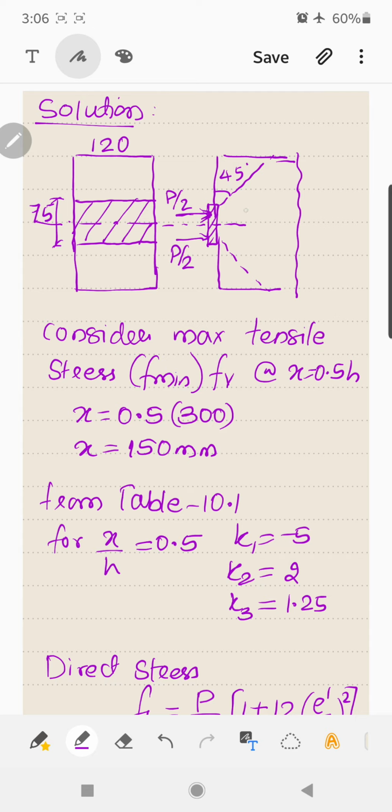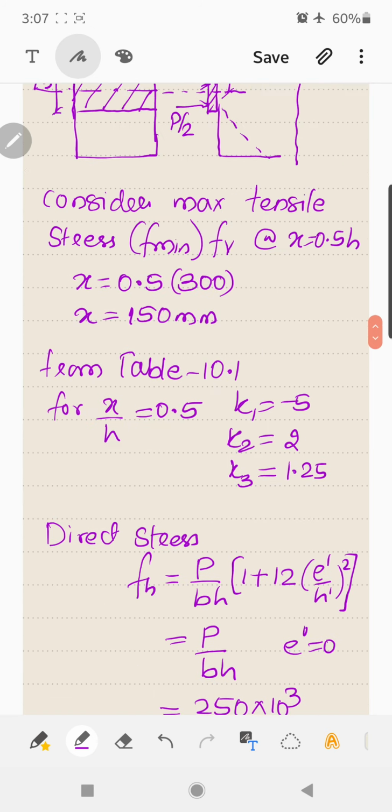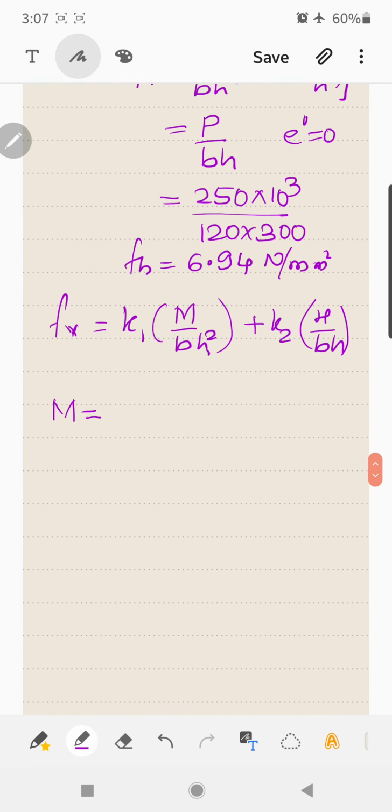So the moment M at a section is P by 2 into the distance, that is 75 by 4. This distance is 75 by 4. The moment is in clockwise direction. So let us take that as minus. So M is equal to minus P by 2 into 75 by 4, plus